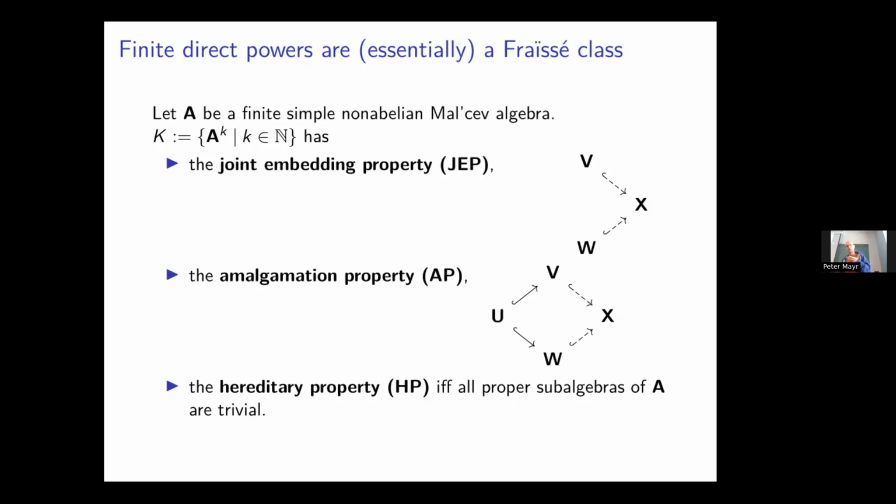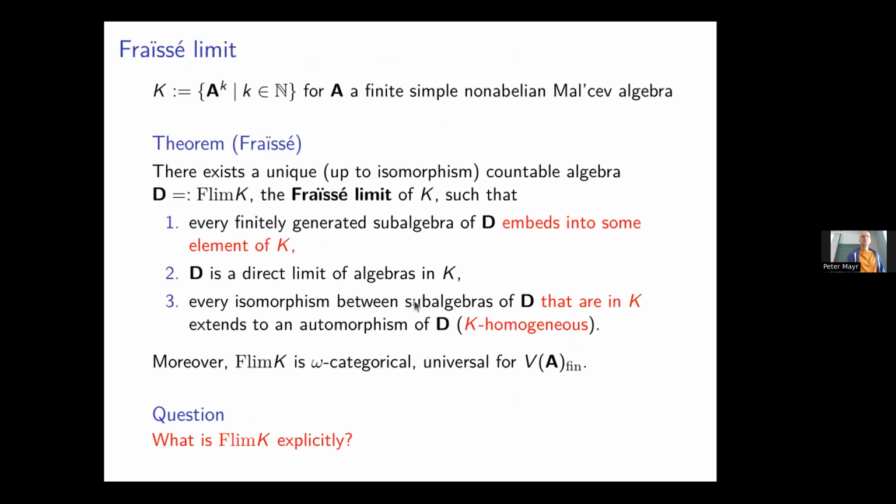Now, Fraïssé classes are usually also closed under substructures. This class of direct powers is not in general, because a direct power may have some subalgebra which is not a direct power again, right? So except in some degenerate cases, we are not going to have this hereditary property. It's usually used to characterize Fraïssé classes, but not all is lost, right? We have amalgamation and joint embedding, and there is a generalization of Fraïssé's theorem that says that for such classes there exists some Fraïssé limit